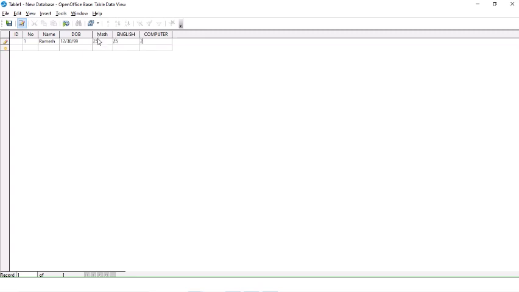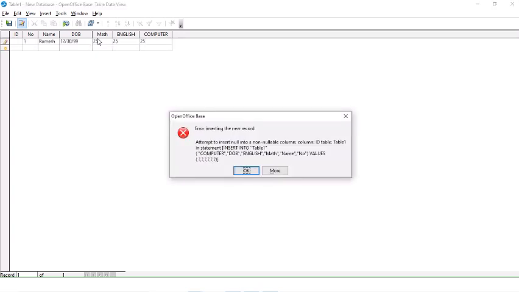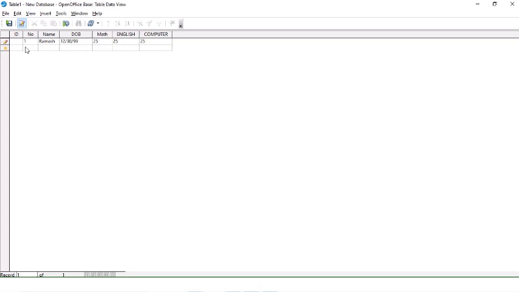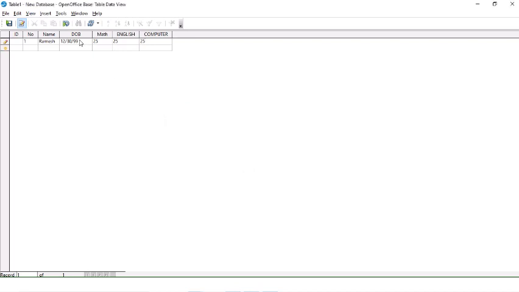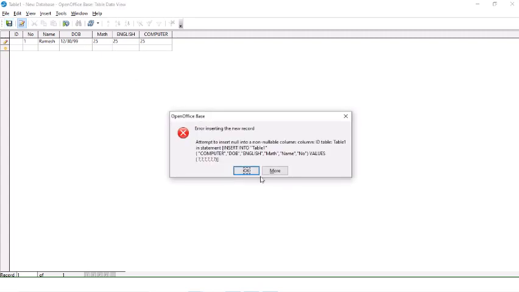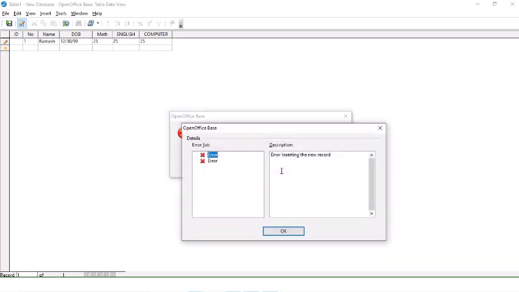So I hope everyone is getting this. And okay, it accepts a null value. So it generates an error.